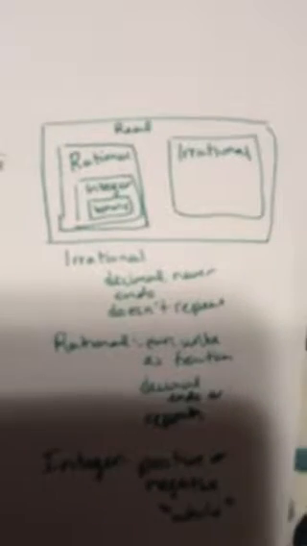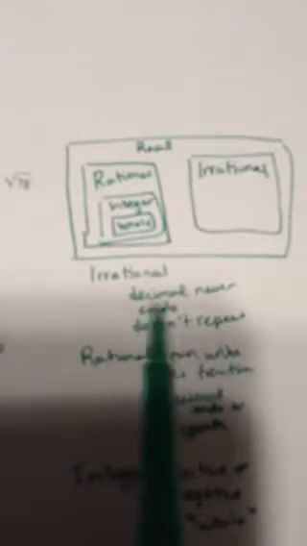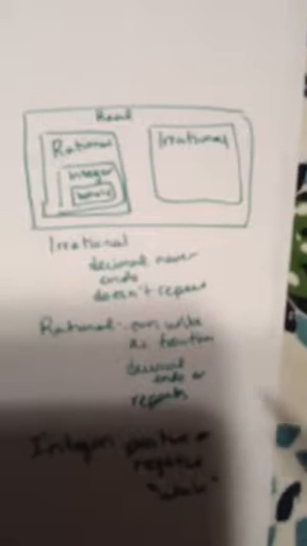We have our real number system. Inside the real number system, your number can be rational or irrational. If a number is rational, it could also be an integer or a whole number. So irrational numbers are decimal numbers that never end. They don't repeat. They're crazy. Rational, you can write as fractions. If it's a decimal, the decimal will end